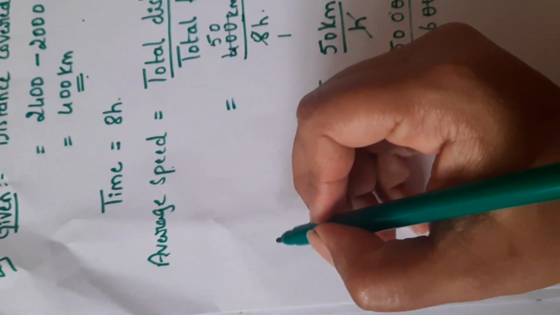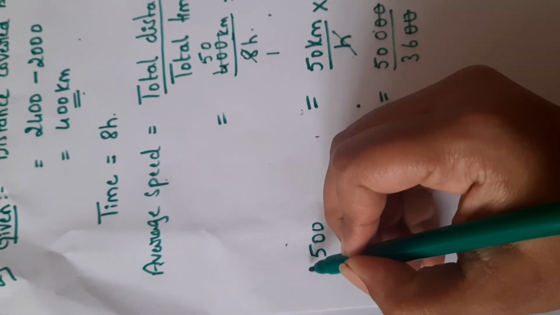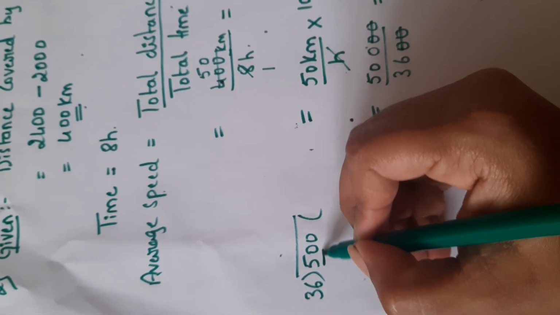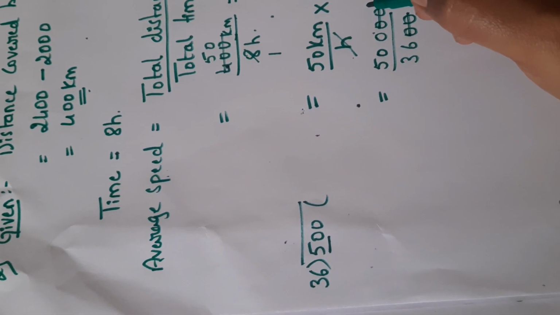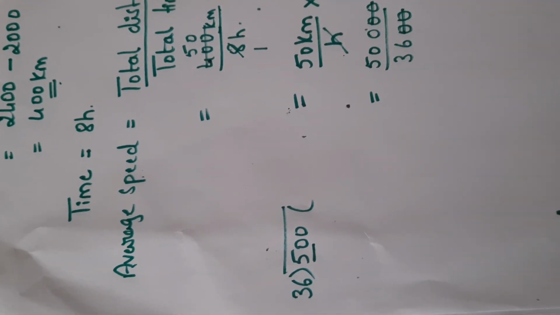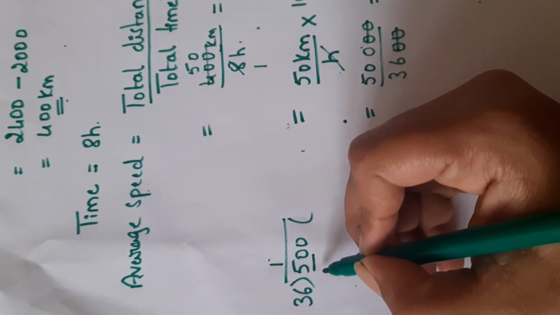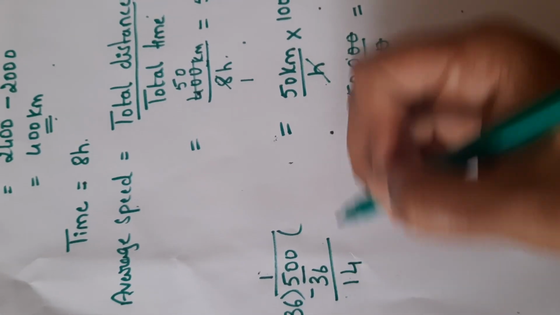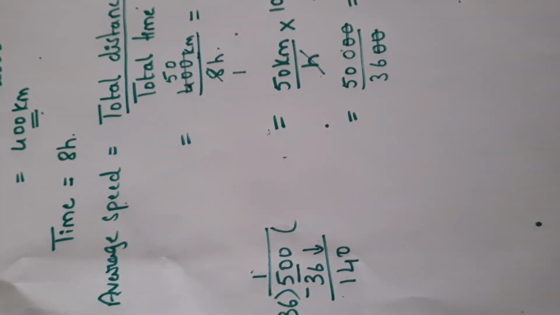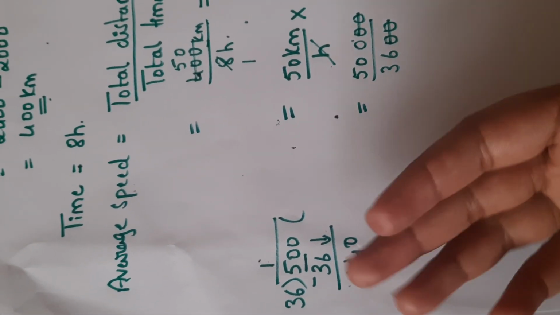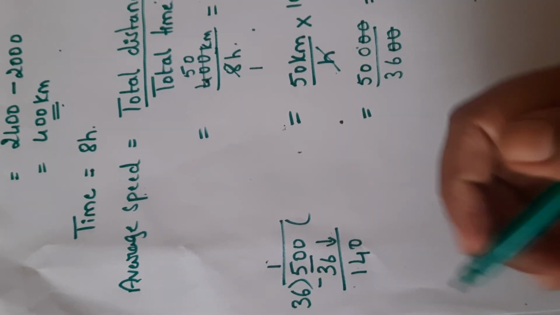Let us go with the actual division now. In the numerator you have 500, which should be divided by 36. So first let us consider the first two digits, 50. 36 two times is 60 plus 60 plus 12, it is 72. So let us go with 36 ones are 36. 10 minus 6, 4. 4 minus 3, 1. Bring down 0. We got 140. 36, how many times is 140? 2 times is very less.